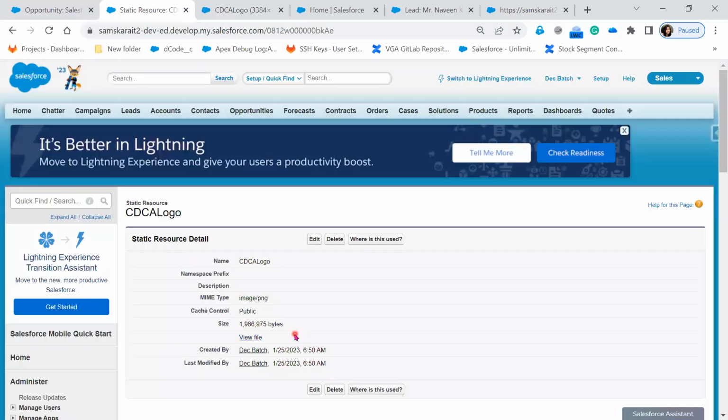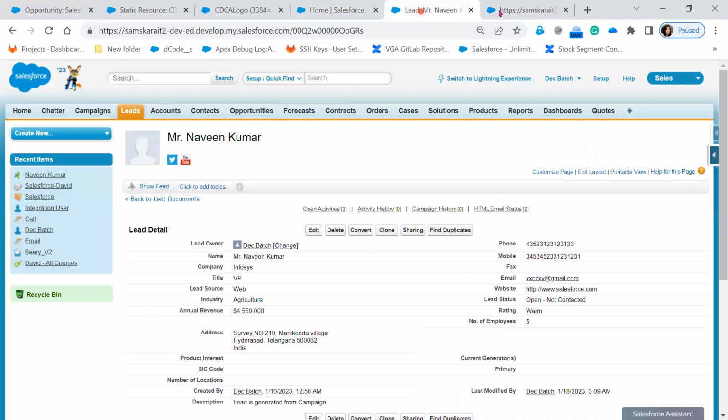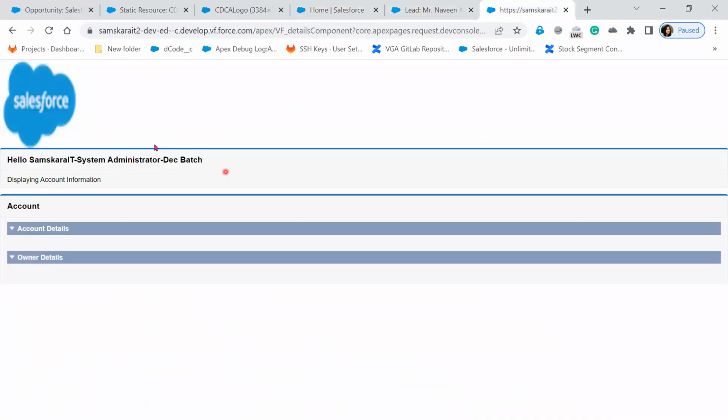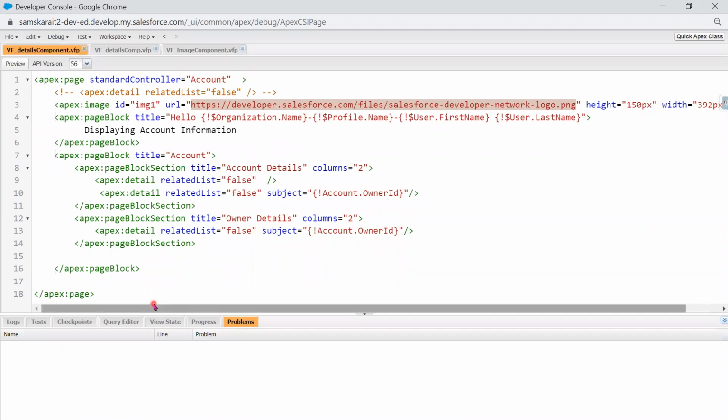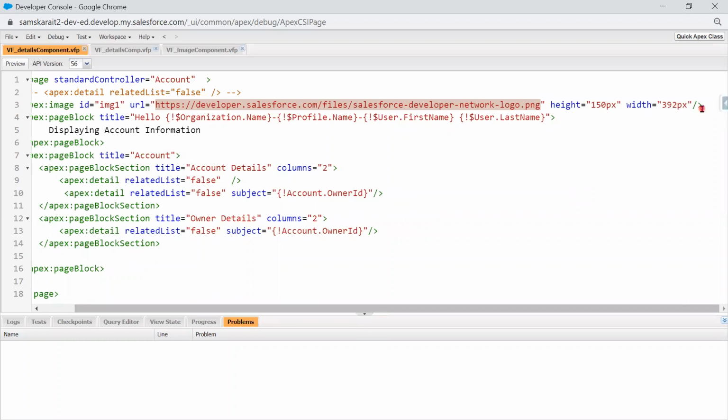Because not only me, if anybody in our team opens this Visualforce page, everybody should be able to see the icon or the image. Now I have loaded it into Salesforce. The second thing is that I need to reference that image